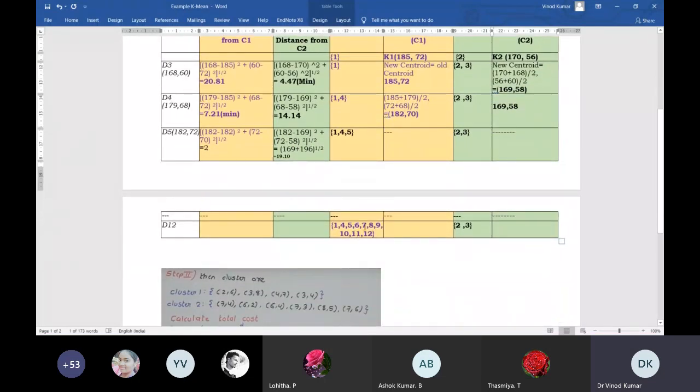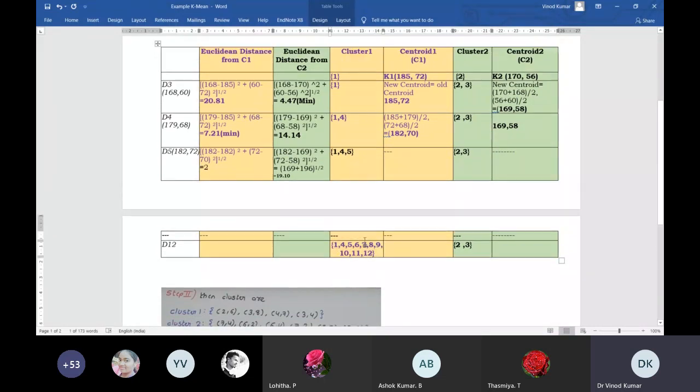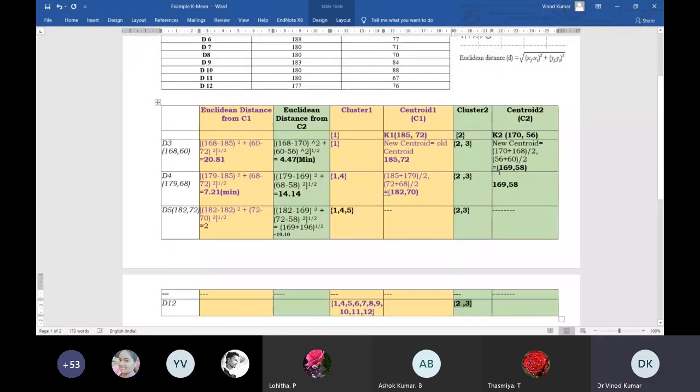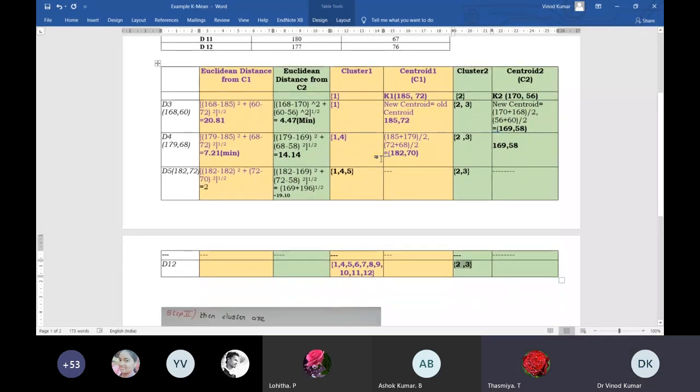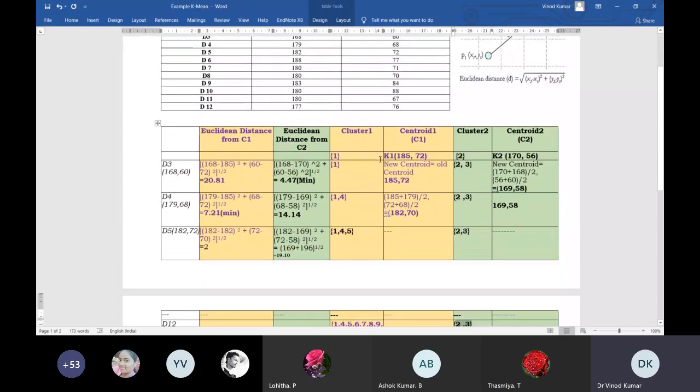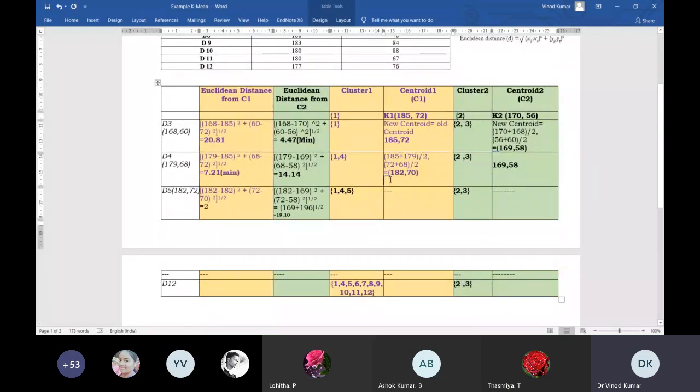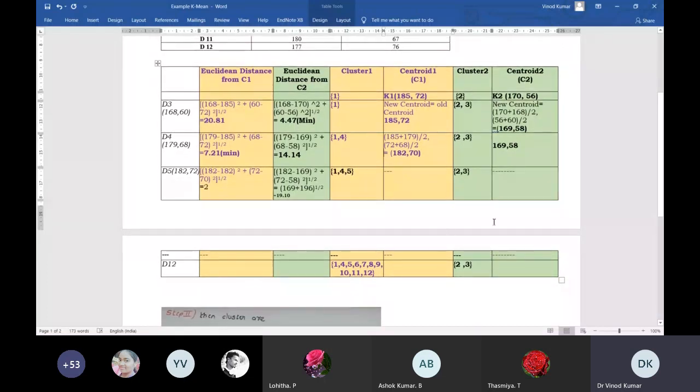So like this, you will keep on adding these elements in C1 or C2. But as per this example, what is happening? We are getting all the elements in C1 except 2, 3. Okay, is it clear? Sai? Yes, sir. Is it clear now? Yes. Or you can once again listen to this lecture, and you will be able to understand. So this is the repeated process.